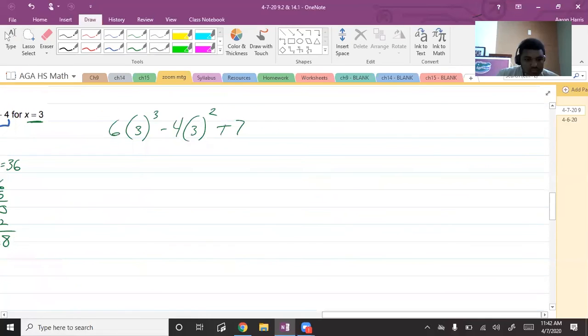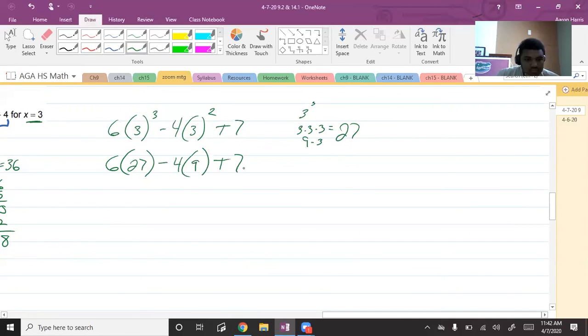PEMDAS again. So this is 3 cubed, which is 3 times 3 times 3. 3 times 3 is 9. 9 times 3 is what? 27. So I get 6 times 27 minus, what's 3 squared? 9. So 4 times 9 plus 7. So now I get 27 times 6. So what is 7 times 6? Yes, 42. So I get 6 times 2, 12 plus 4,